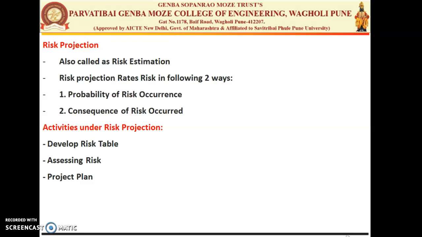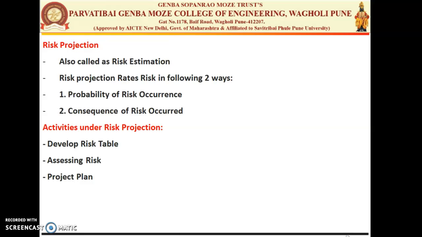There are 4 important risk projection activities that every manager and developer should perform. The first is to make a scale of measurement of the likelihood of risk. Second is to describe the consequence of the risk. The third is to estimate its impact. And the fourth is to write down the overall accuracy of the risk projection to avoid misunderstanding. So these are the 4 important projection activities which can be conducted by the manager and the developer to perform. The first one is to make a scale to measure which likely risk can occur.